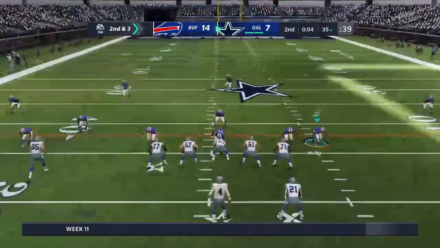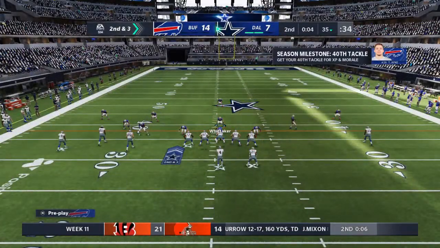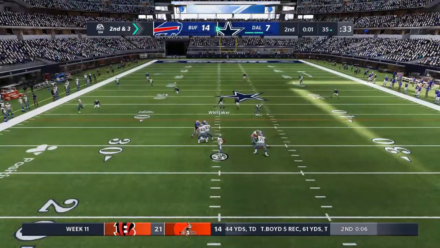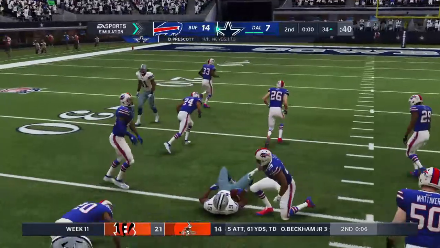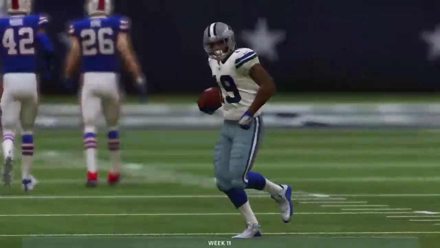Four receivers in the formation here. 3 to the left, 1 to the right. 2nd and 3. Final play of the half. Prescott. To the left side and complete for Amari Cooper. And he's going to get this all the way down inside the 35. That's the end of the...